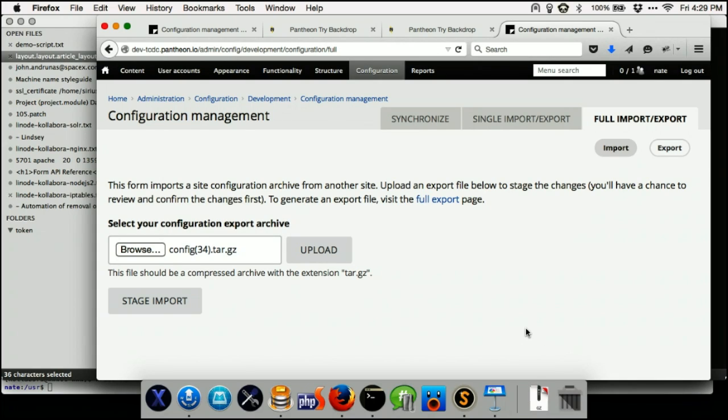Okay, so this is the Pantheon site, and you could have used Git to do this instead, but I'm going to export it as a tarball and then import it back up. So I hit stage import,